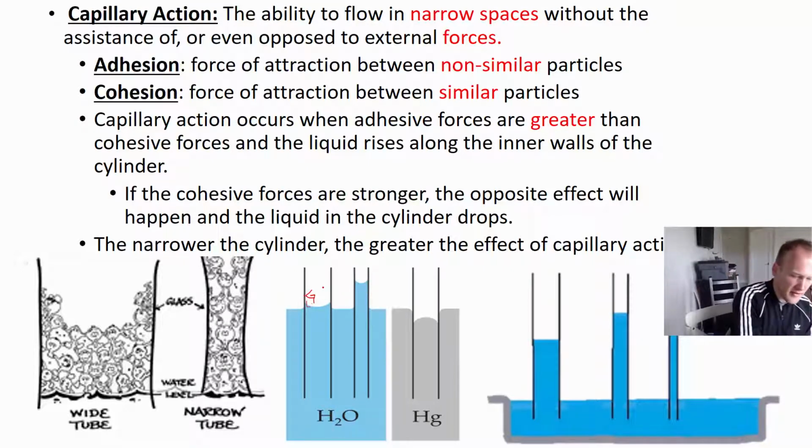Okay? If it's opposite, like we said, mercury has great strong intermolecular forces. Because of that, mercury creates an inverted meniscus because it's attracted to itself, intermolecular forces, more than it's attracted to the glass tube. Typically speaking, the more narrow the tube, the higher the fluid is going to climb up. Okay? Capillary action is a lot of times discussed with plants, which kind of comes into play, but there's something different going on there too. But it's the same idea, really thin tubes carrying water upward. So that's really the PowerPoint, okay?